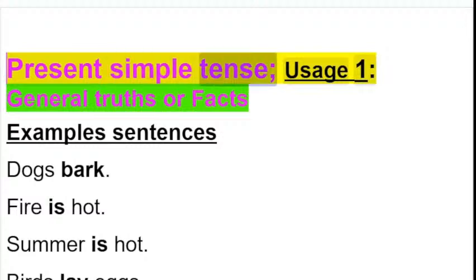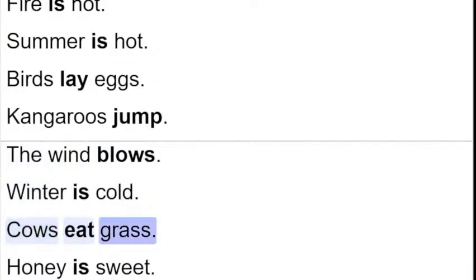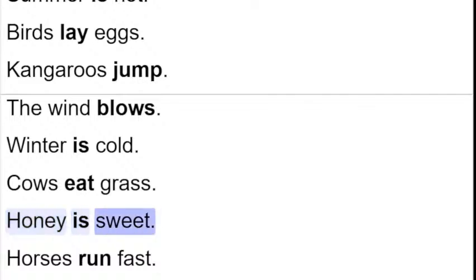Present simple tense. Usage 1. General truths or facts. Example sentences. Dogs bark, fire is hot, summer is hot, birds lay eggs, kangaroos jump, the wind blows, winter is cold, cows eat grass, honey is sweet,